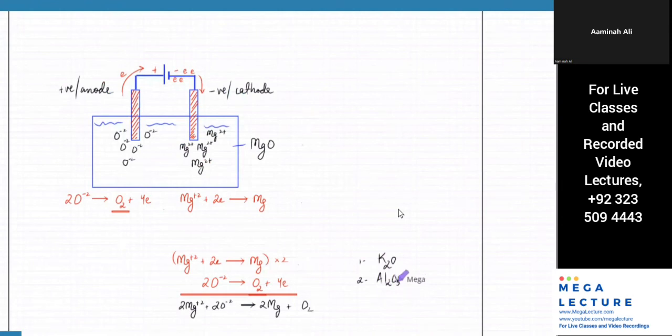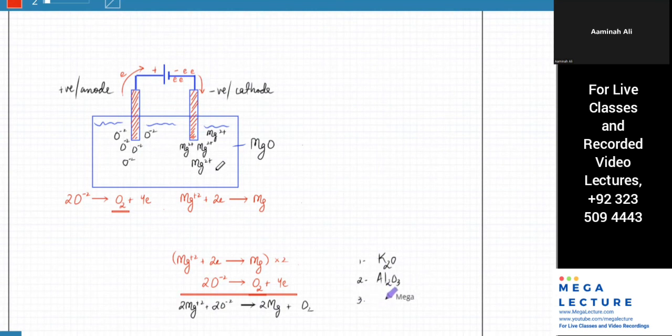Remember, the formula doesn't really matter. What matters is what ions they have. I don't care if it's K2O. What ions will the liquid state have? It's going to have K+ and O2-, right? Al2O3, don't forget the formula. It's got aluminium 3+ ions and it's got O2- ions, right? So ignore the formula, forget the crisscross. You're just interested in what ions the compound has.